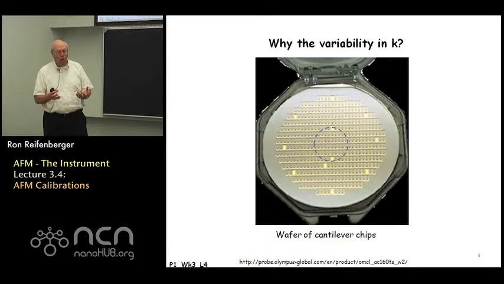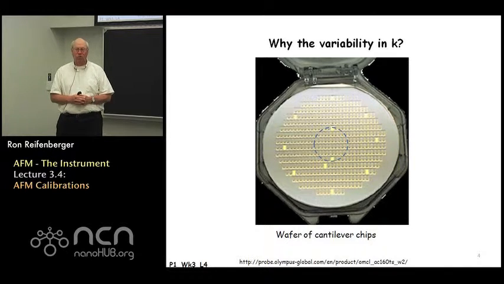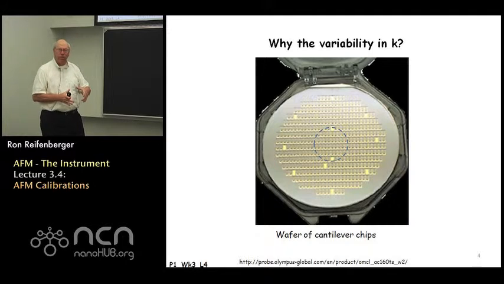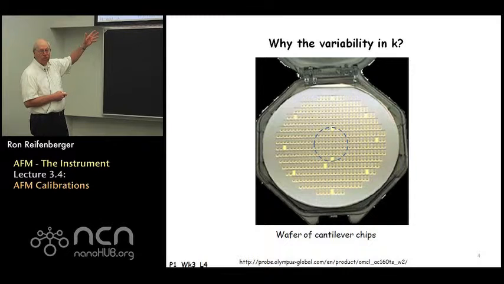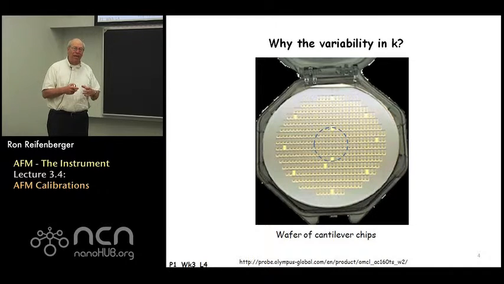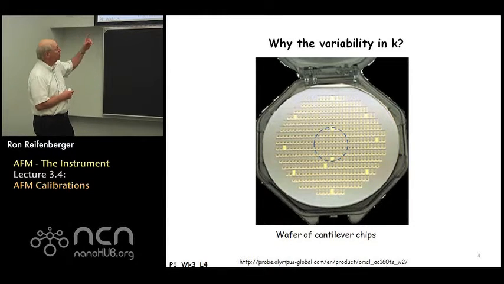I'm often asked, why is there such a variability in the spring constant K? And very early on, when we started to do work with cantilevers, commercially available cantilevers in our lab, we actually bought a wafer of cantilever chips. That wafer contains many chips, and each chip contains something on the order of 3 to 6 cantilevers per chip. So there's thousands of cantilevers available. And what we did is we systematically kept track of the spring constant K for each of the cantilever chips